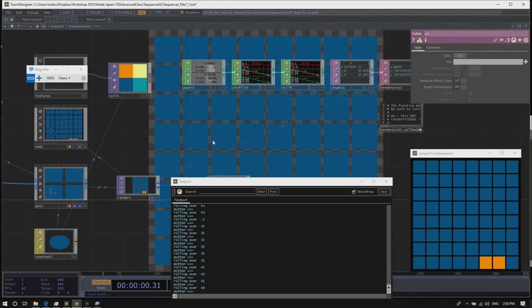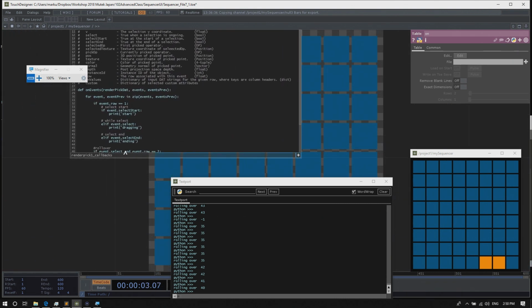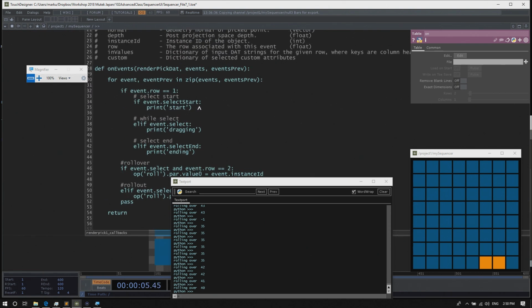Okay. So let's go into our render pick callback. And for the if event select start, where when we click on a button, we'll have to write parent, our parent container. And now we can access that toggle function that's in the extension. So dot toggle. Open parentheses, close parentheses. And then there was the button ID, which will be our event.instance ID.